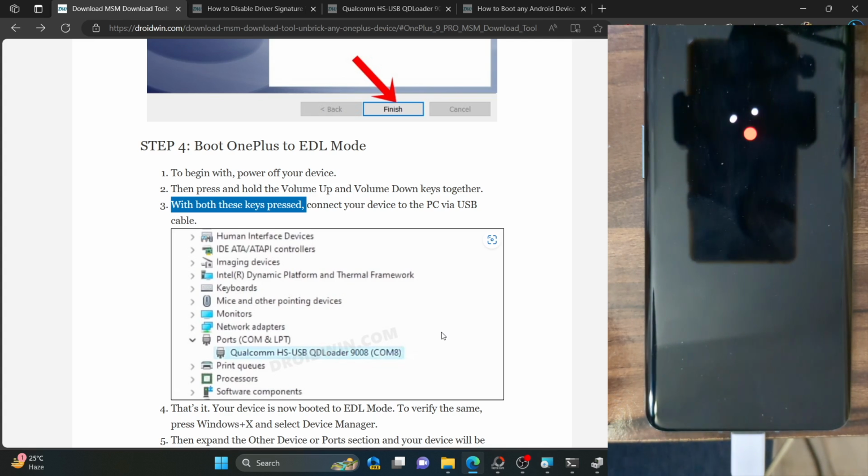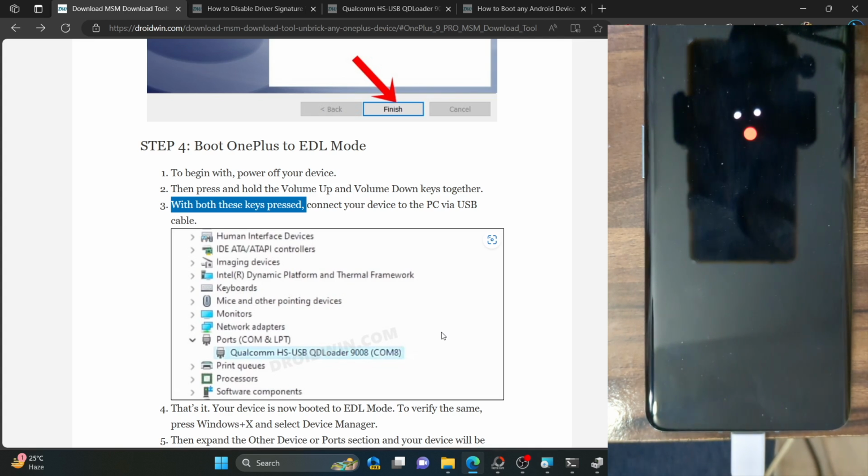Still, if by chance you're once again in the Qualcomm crash dump mode, then even having an unlocked bootloader will be of no use. As you would have seen by now, in my case also, the bootloader was unlocked, but I wasn't able to do anything because we cannot access the fastboot mode or the fastbootd mode or the recovery mode when we are in the Qualcomm crash dump mode. We could only access the EDL mode, and that's just about it.